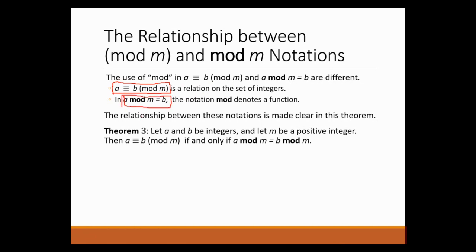Now, this will be clear with this term where let's say A and B are integers and M is a positive integer. Then A is congruent to B mod M if and only if A mod M is equal to B mod M. So what it means is that